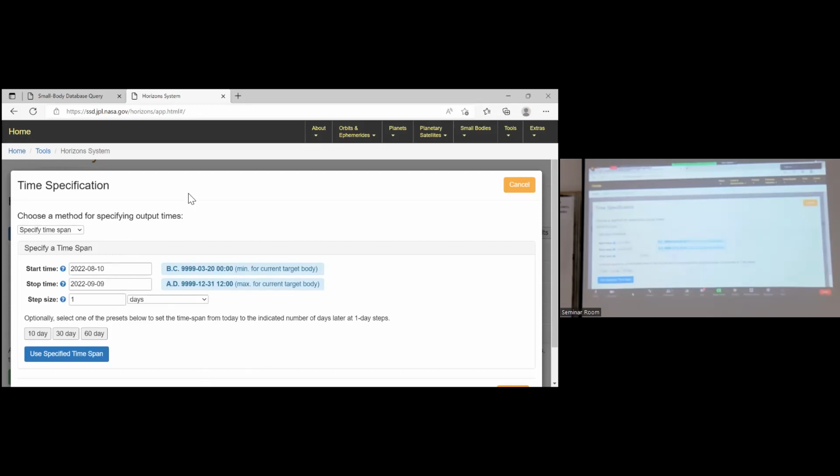What is MJD? 59800 is equal to a calendar date. You should transform 59800 to 9 August 2022. Oh, sorry, 09.